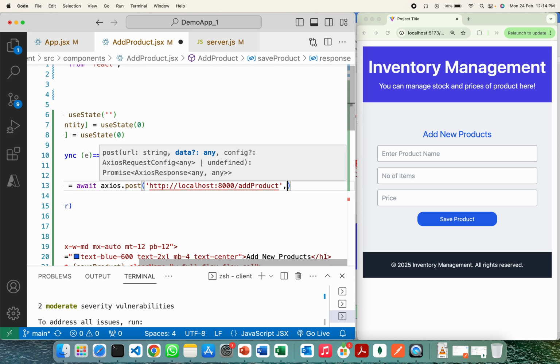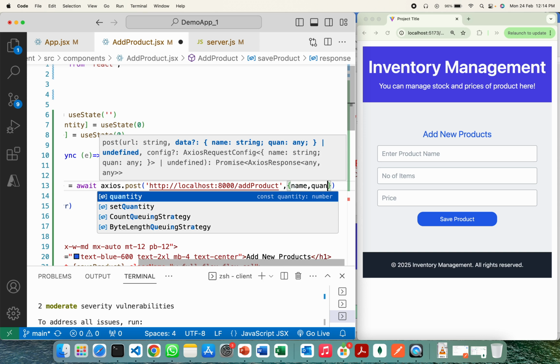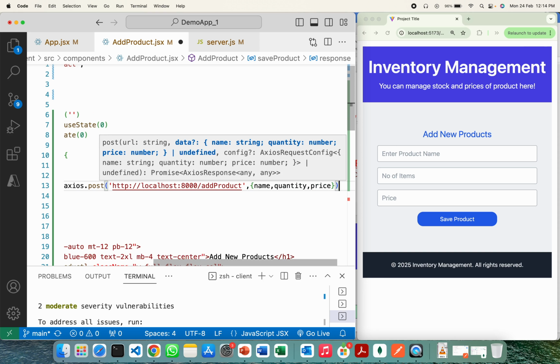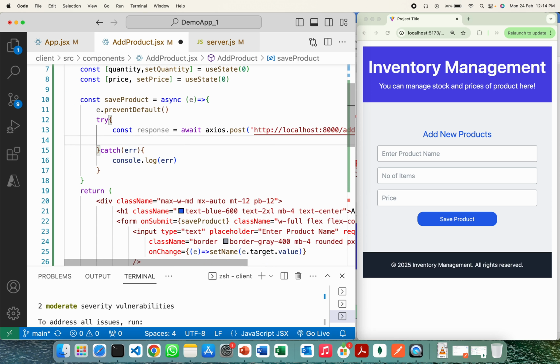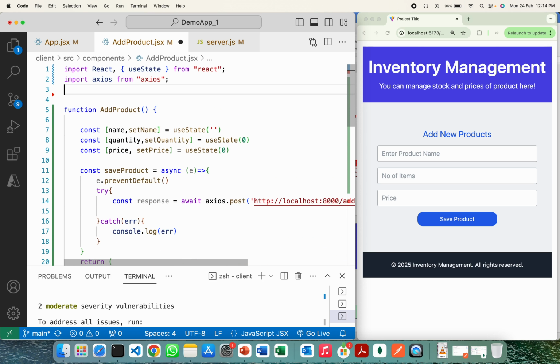We have to attach the data using a JSON format, like this: name, then quantity, then price. Okay, so all this data we can attach like this. Now it will be stored there, and we can display the response. How will you display the response? We can import the toast. Okay, so import toast